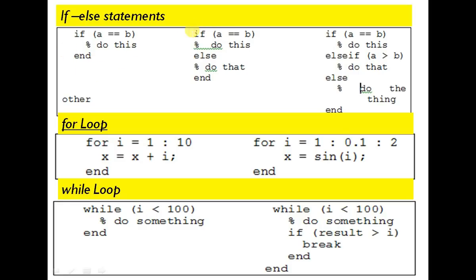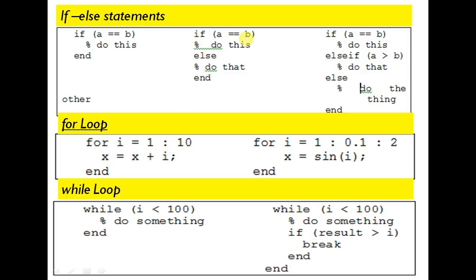Now second, we can use an if else condition. In the normal way we talk, if this happens, then do this, and if this does not happen, then do that. So like that we define the condition with an if else statement. It means we have to do two operations. If the condition is true, then we do this, and else, if the condition is false, then we do that.